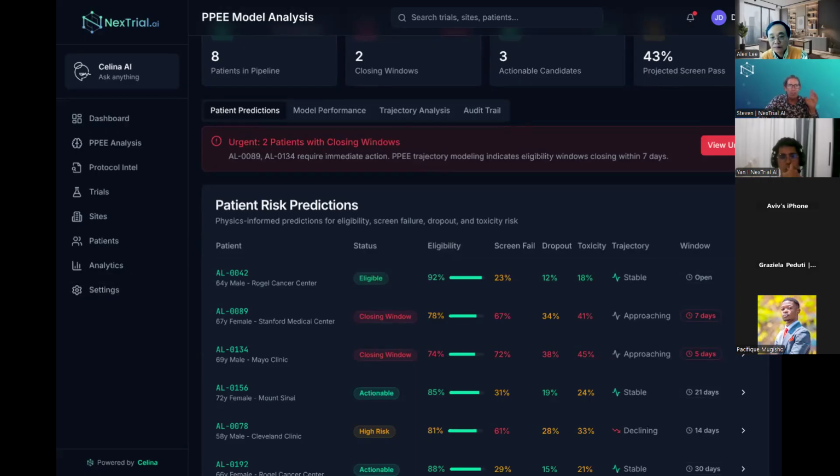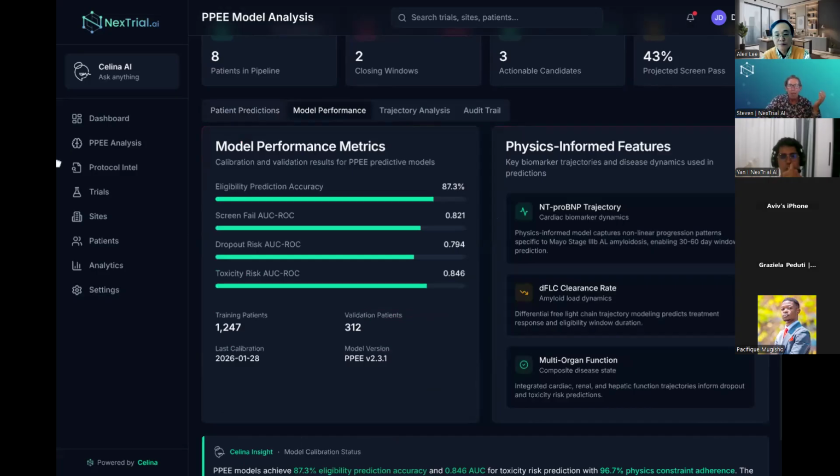So let me show you the model performance tab here. How we do model performance against validated cohorts is 87.3% eligibility prediction. What I want to focus on in the right panel is the physics-informed features, right? These aren't features in a random forest. These are actual clinical dynamics that determine patient outcomes, and they're implemented as differential equations that constrain every prediction the model makes. The result is a projected screen pass of 43%